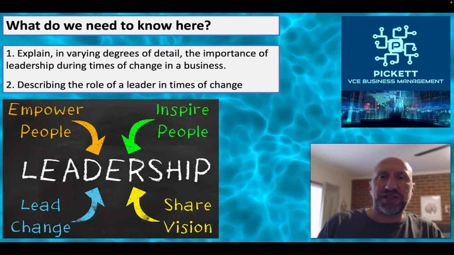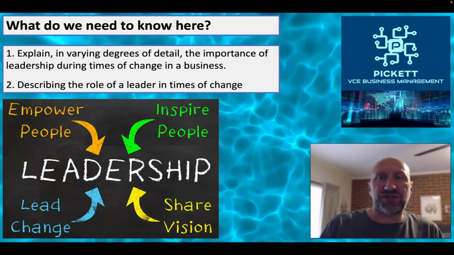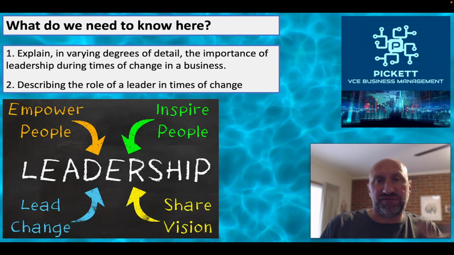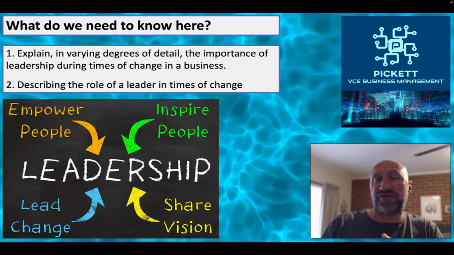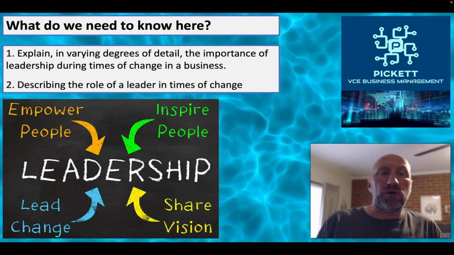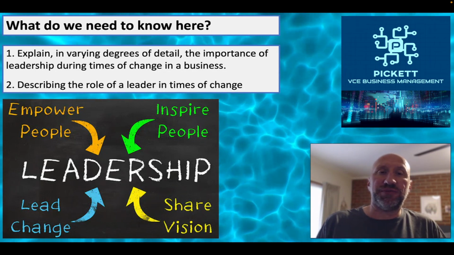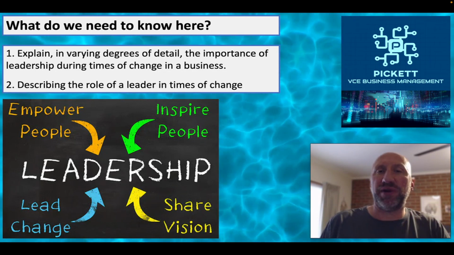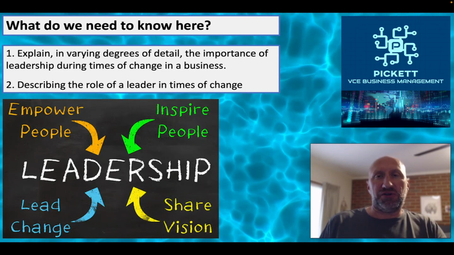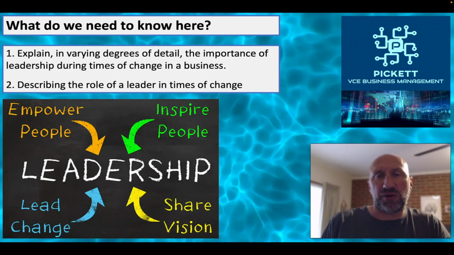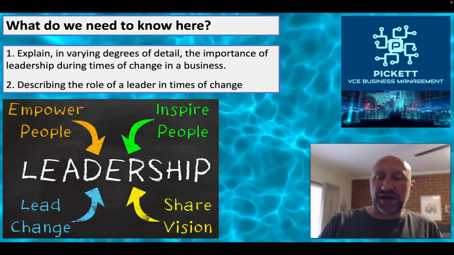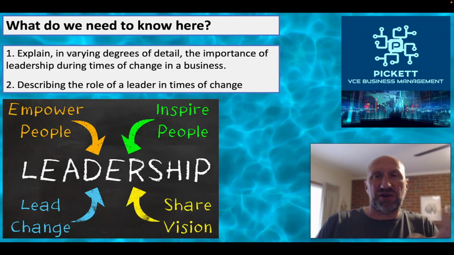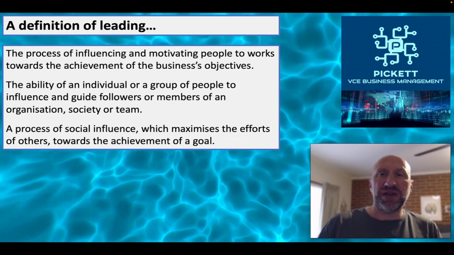So first thing, what I think you need to be able to do here is explain in varying degrees of detail, for a 2 marker, a 4 marker, maybe a 6 marker, the importance of leadership during times of change in business. I'll give you enough information here that you could answer a fairly hefty question if you needed to. And then secondly, describing the role of a leader in times of change. So that's the 2 angles we're going to take here. Now, first off,